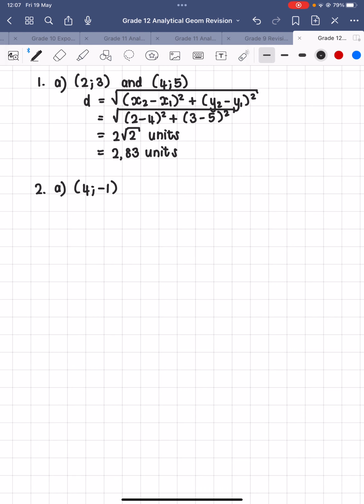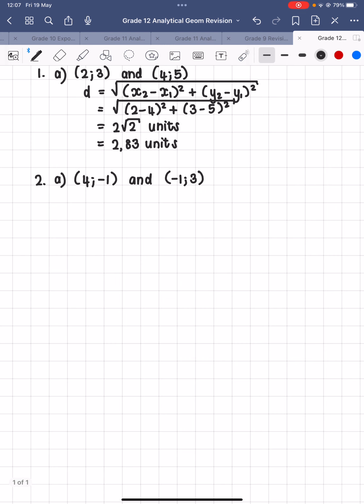So in number 2, and in 2A specifically, they've given us these coordinates: (4, -1) and (-1, 3). They are asking for the midpoint of the line segment with these endpoints. Right, so we have a line and we have these 2 points at the end of the line. They want to find the midpoint of this. Okay, so the midpoint formula